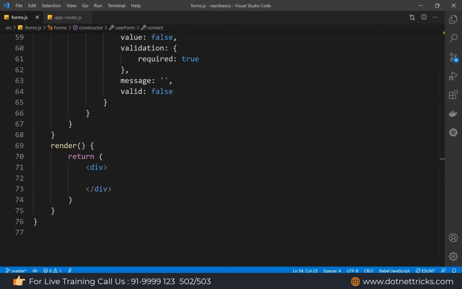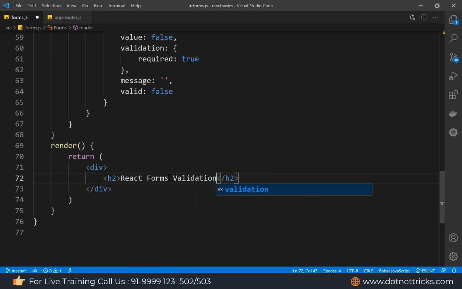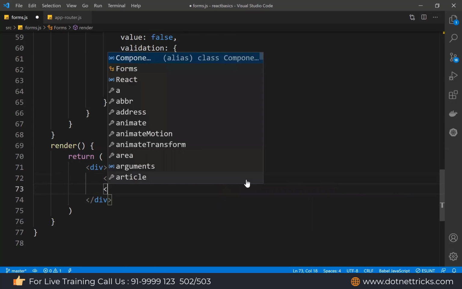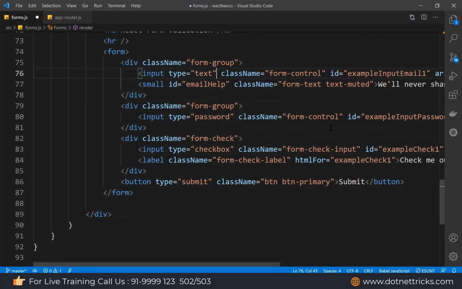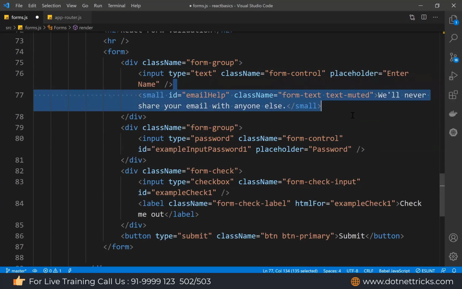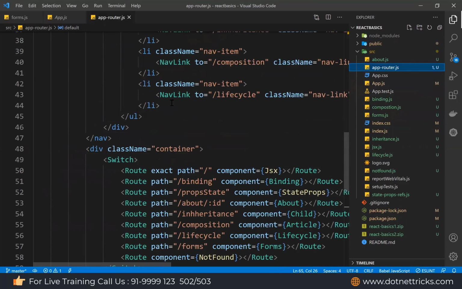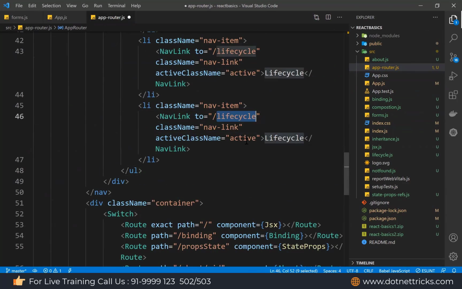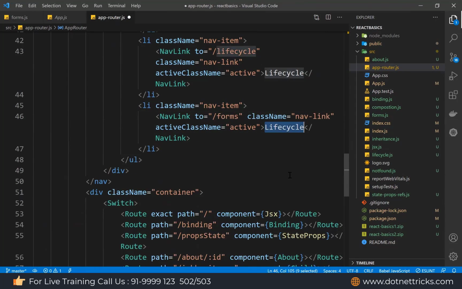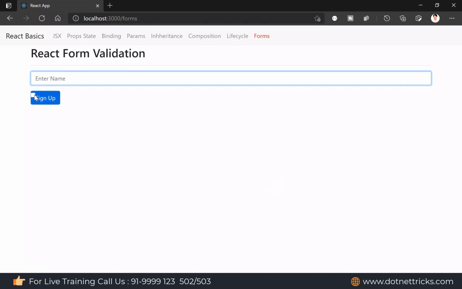So now let's design the form, and after designing the form we will do the rest. I'm just going to design a form using Bootstrap. So we have Bootstrap, and here it would be, let's say, React forms validation. So type, let's say text box, class name form-control, it's fine. I'm just going to simplify it. We don't need any help. It would be, let's say, sign up. In this way I'm getting it here. I forgot to connect it here, so it is forms and forms. This is how it is looking.